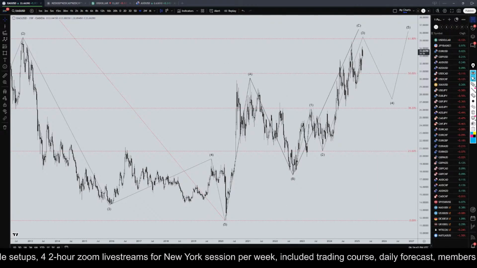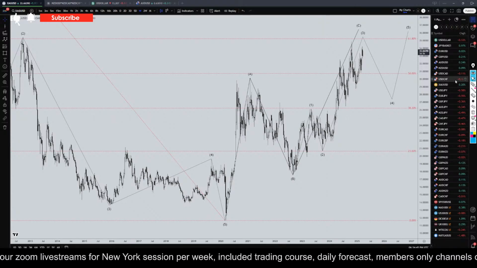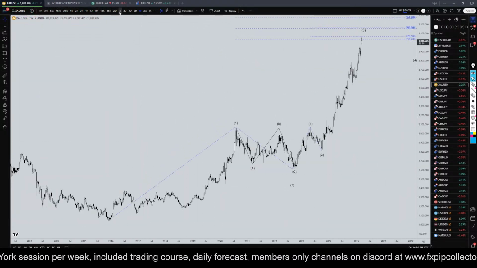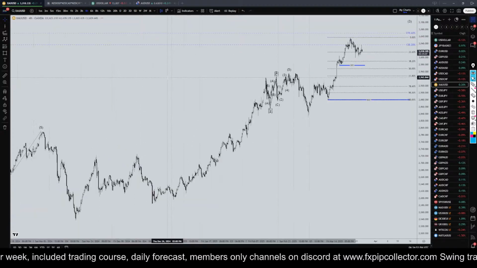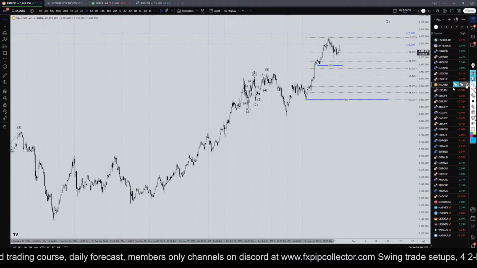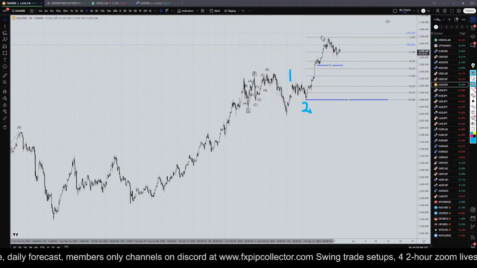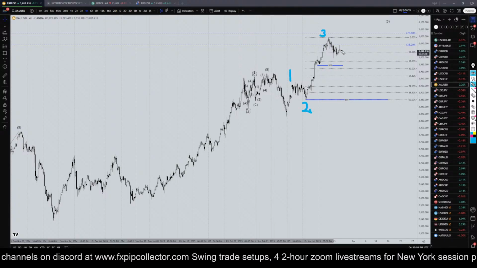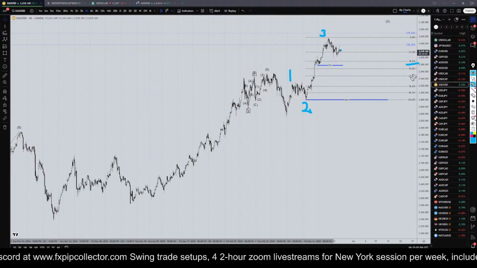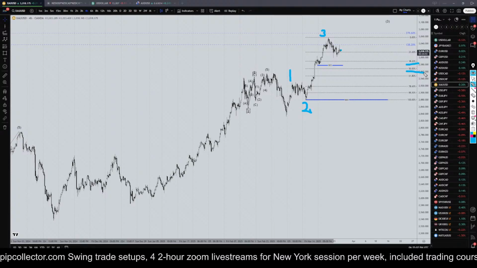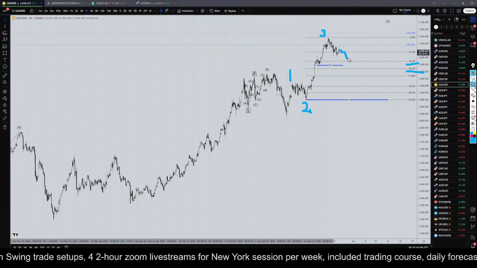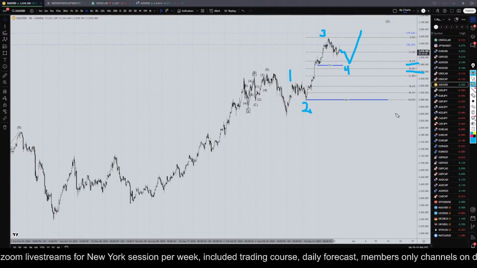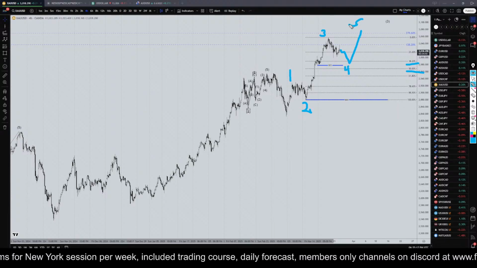Let's see here. Yeah, we kind of looked at gold and a few other pairs, but I'll look again real quick just because a lot of people were there right at the beginning. So for me, gold is definitely in a wave four in my opinion. I definitely think this is a one, two, three, four. I do not think this wave four is over, like I've been saying over the last couple of days. I also think that we're almost definitely going to go to at least the 38%, could even go to the 50. So on the shorter time frames, like the 1 hour, I would definitely be looking for shorts, at least for now. But keep in mind that it is almost definitely going to go up again, probably to at least the